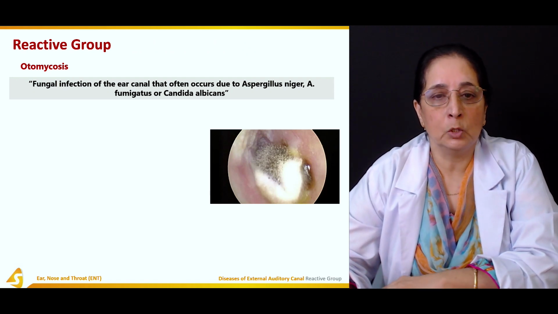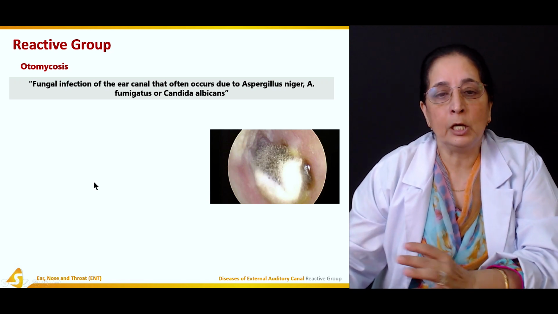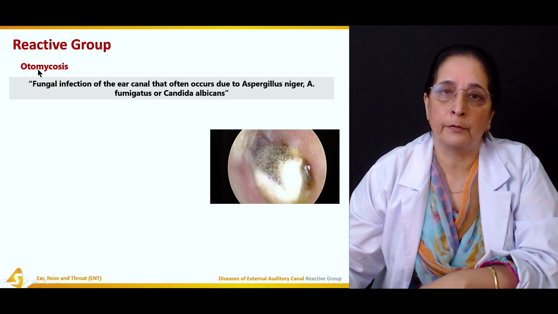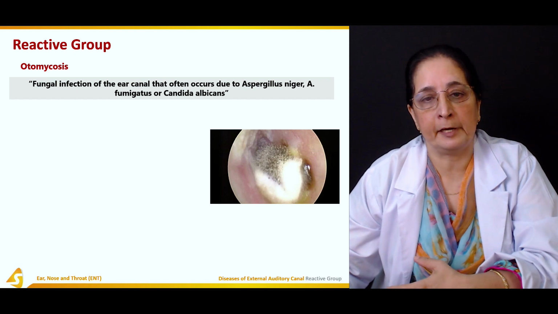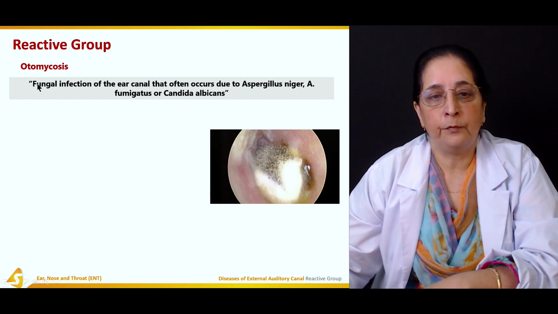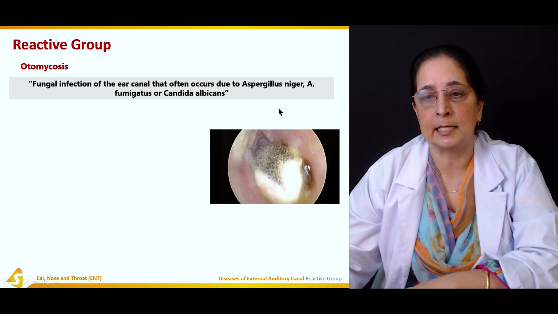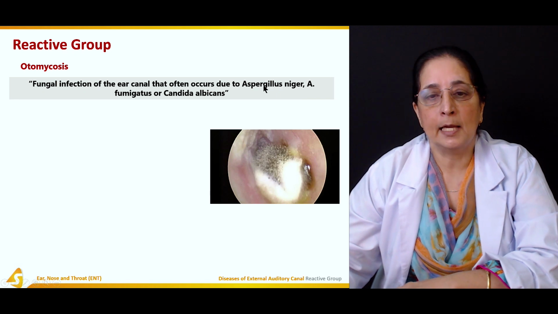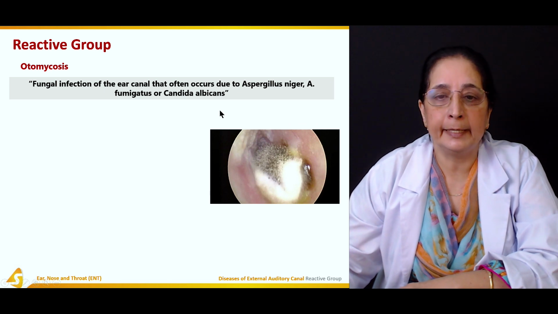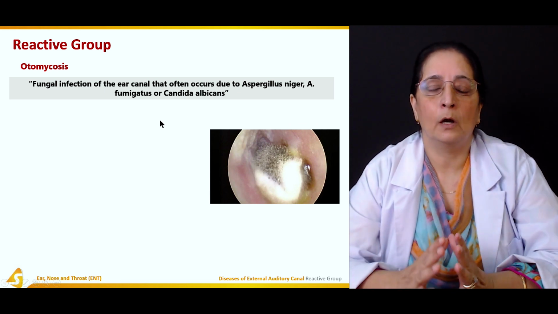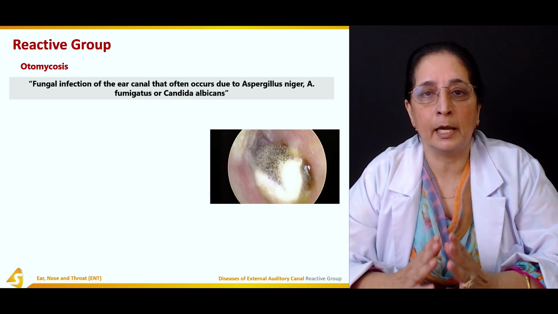Otomycosis. Otomycosis, as we mentioned before, oto is for ear and mycosis is the term used for fungal infections. So otomycosis is the fungal infection of the ear. Fungal infection of the ear is mainly due to Aspergillus niger, Aspergillus fumigatus, and Candida albicans. So all these are the common causative fungi that lead to